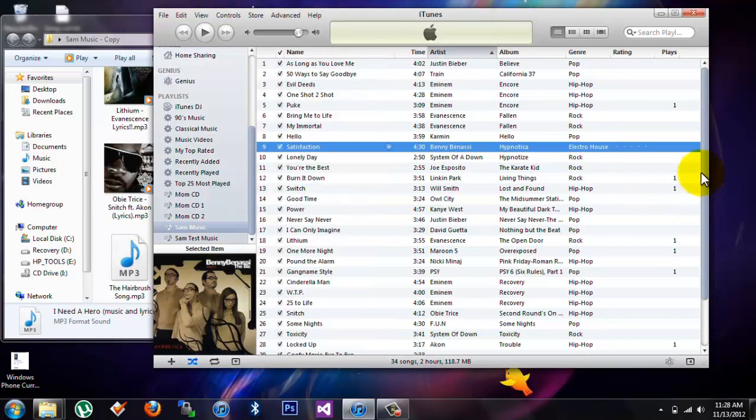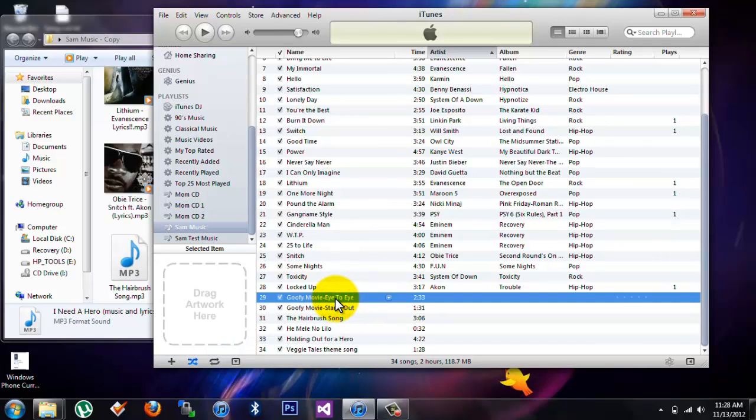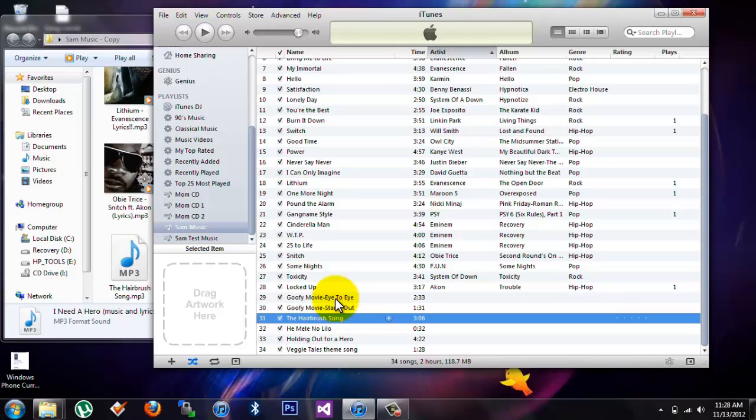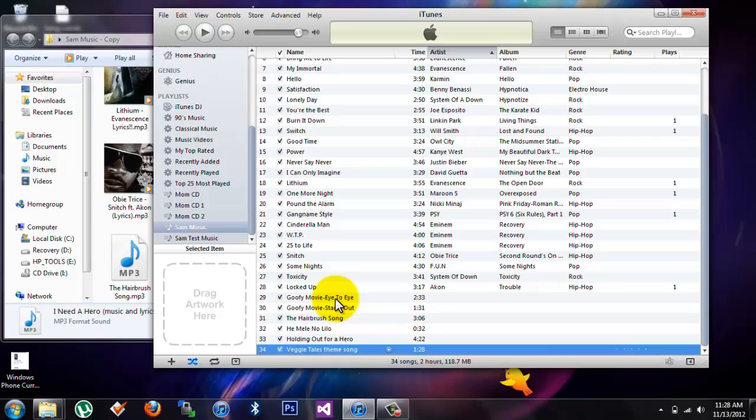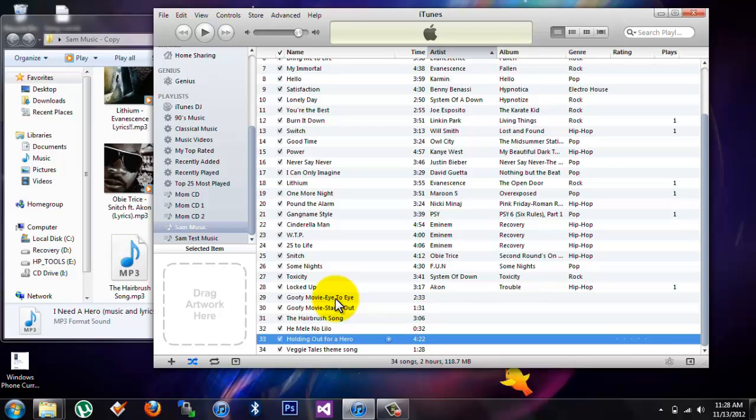Now there's a couple that it also doesn't handle, which obviously makes sense. I got these online as just kind of a fun old-time memories kind of thing. These top two are from the Goofy movie, the Hairbrush song for anybody that remembers VeggieTales. VeggieTales theme song on the bottom. This is a ringtone I made somebody. It's from the movie Lilo and Stitch. And there's Holding Out for a Hero,